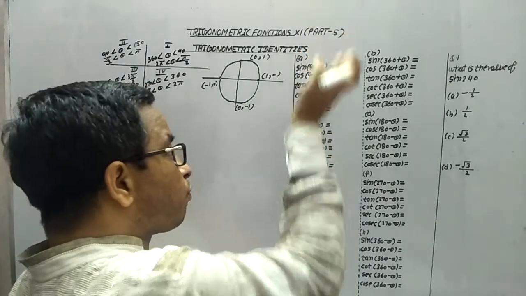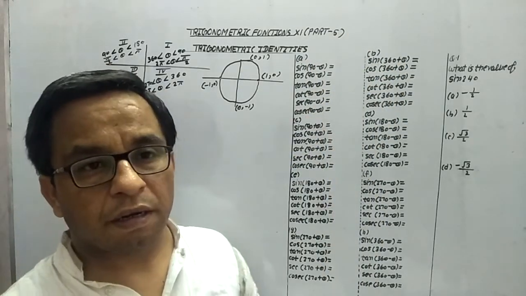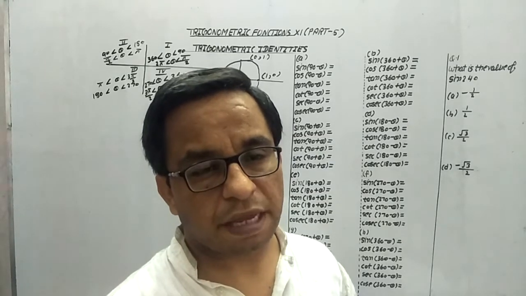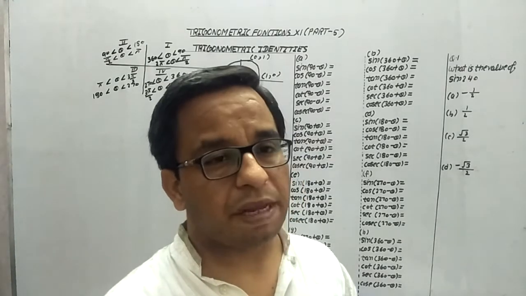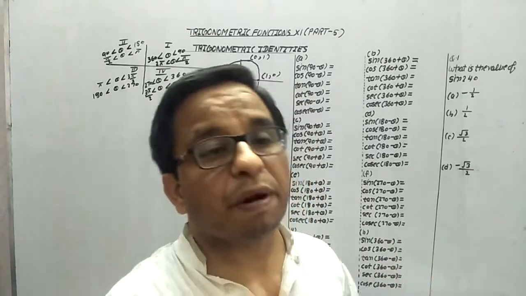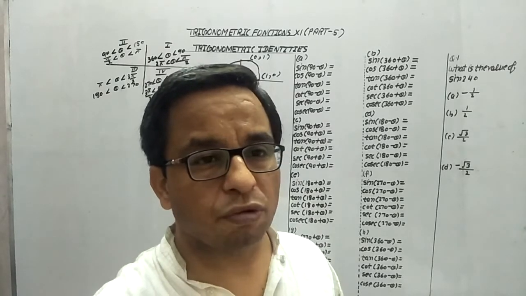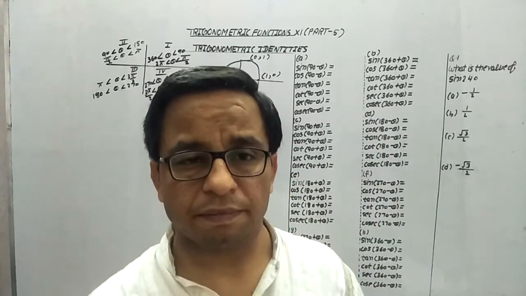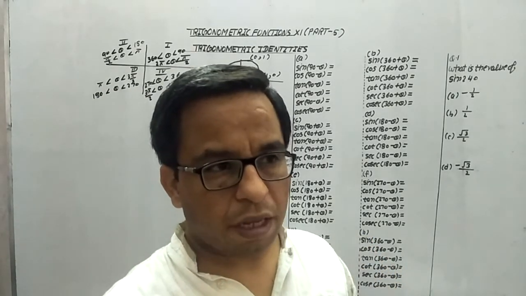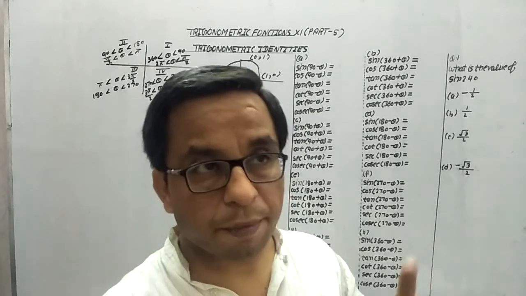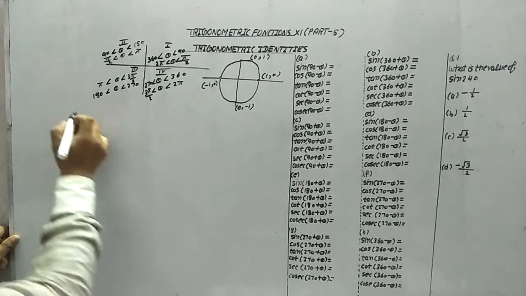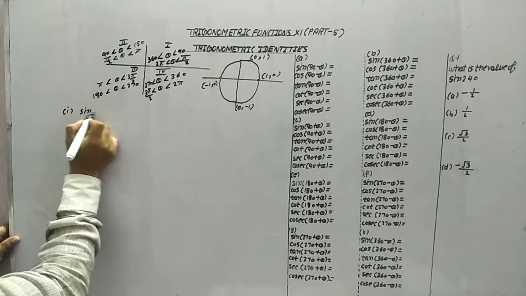Now we will prove how these results come. Till now we only know sine 90 minus theta is cos theta, cos 90 minus theta is sin theta, but we don't know how it comes. Now we will understand how it comes and what is the way to remember it, instead of just going through each identity one by one. So if we have sine 360 plus theta, first of all in our mind we are in the first quadrant. Now to do the proof, we should remember these four identities which I already explained.